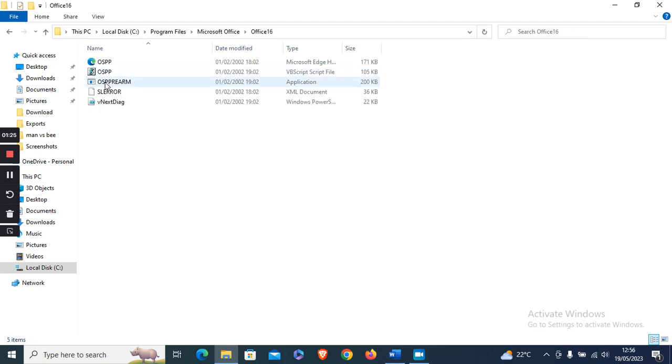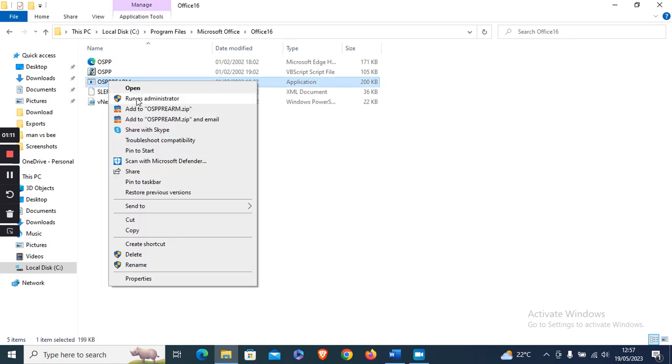Then this is the file that we were targeting. The file is named OSPPREARM. So what you want to do, you want to right click on this file, then run as an administrator